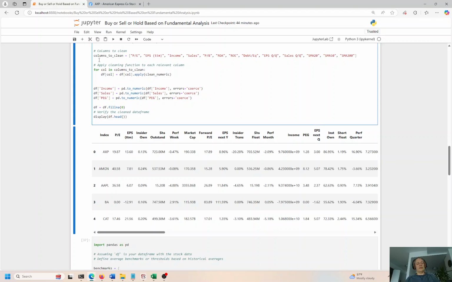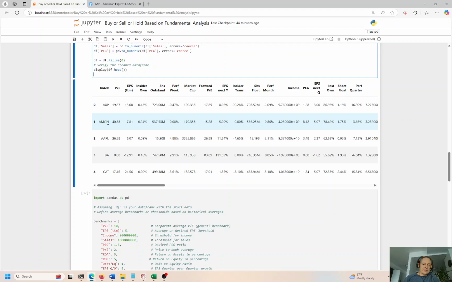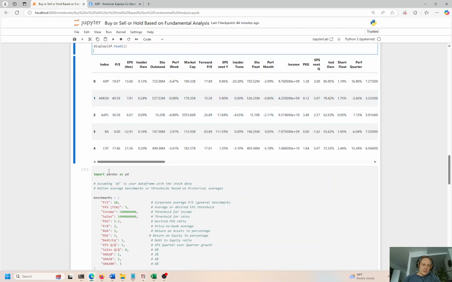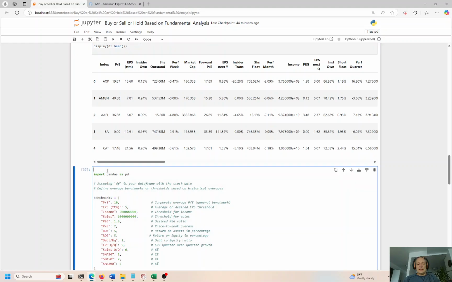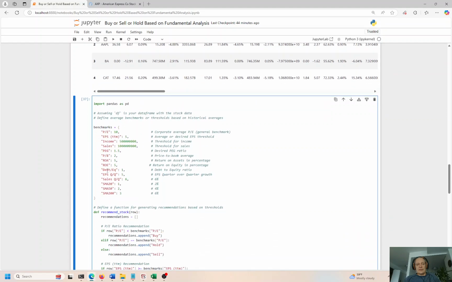This would actually run in Spyder too. There's several different ways to run these scripts, right? I like Jupyter because if you're dealing with charts or graphs, you can have some very dynamic, interactive graphs to work with that can give you all kinds of useful information. In this video, we're not actually doing graphs, but I like to keep everything in Jupyter. It's pretty easy to use. It scales up and scales out very well. And again, if you have to do any graphing, it's excellent for any type of graphing, right? So